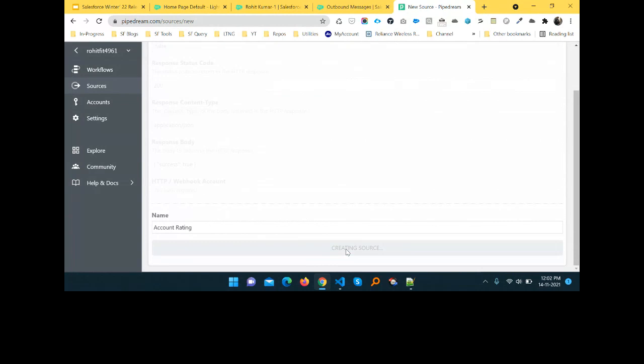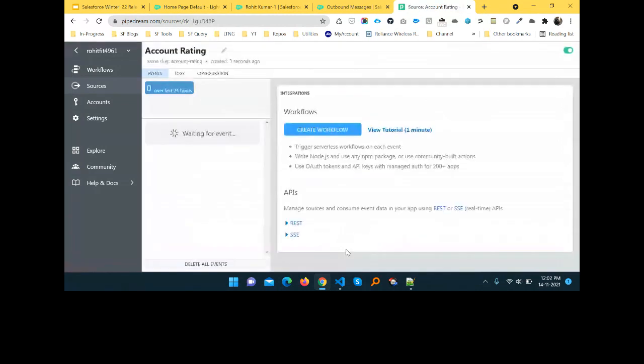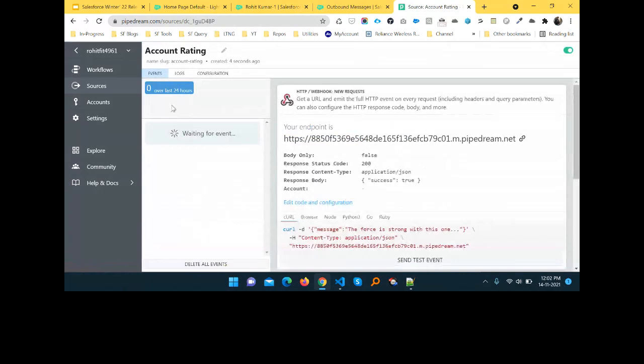Once you create this source, here you can see 0 over the last 24 hours, waiting for event. It's waiting for events from any third party, or we can say from Salesforce. And here you can see your endpoint URL.